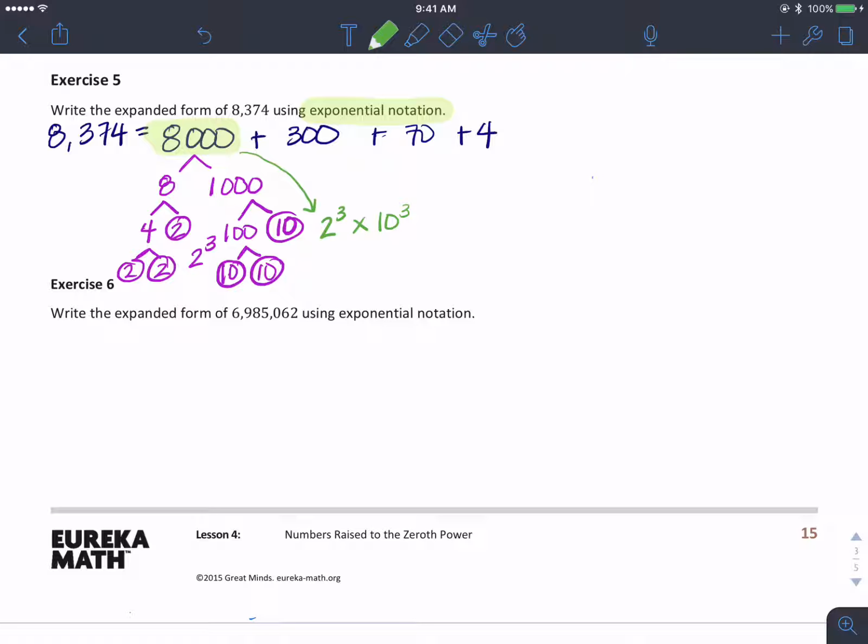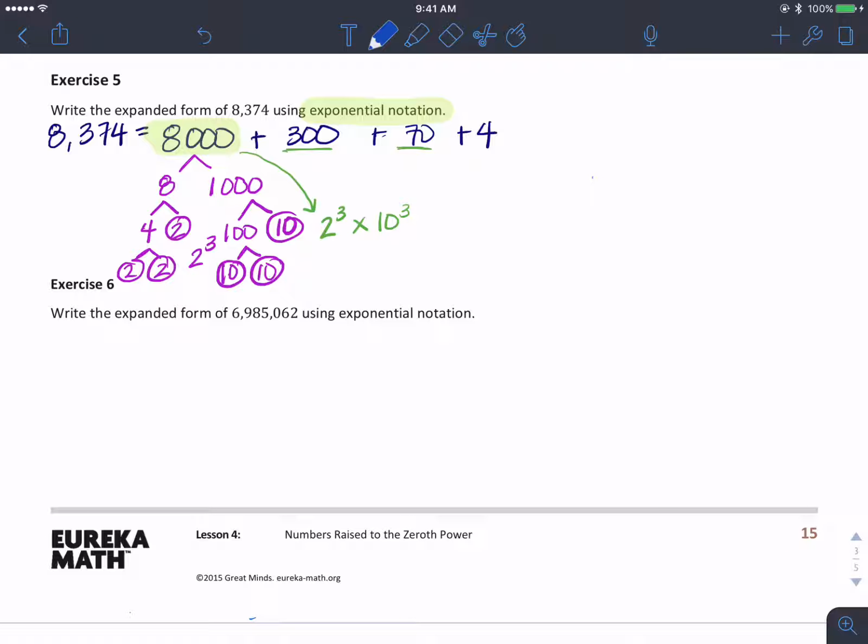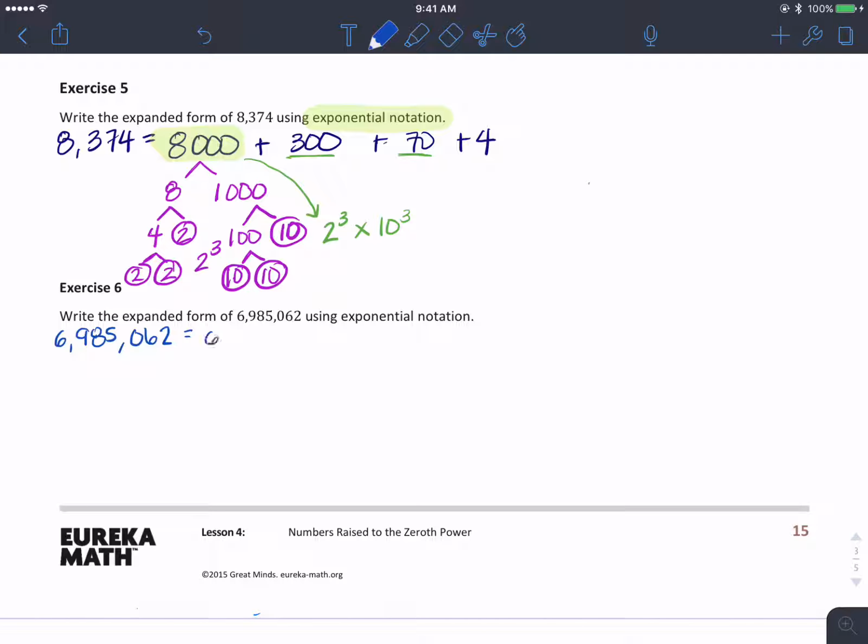Okay, so you also have to do that for 370 in a similar way. All right, for exercise 6, I'll give you the hint that 6,985,062 in expanded form is 6 million